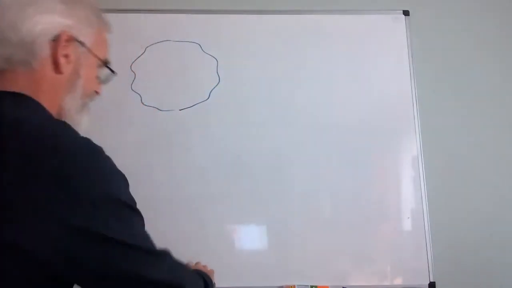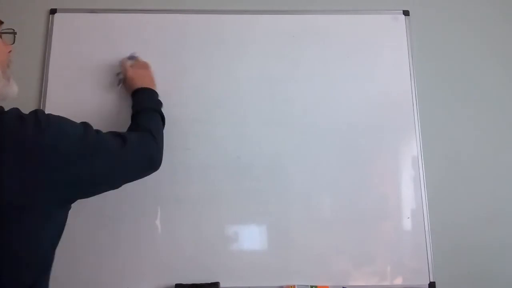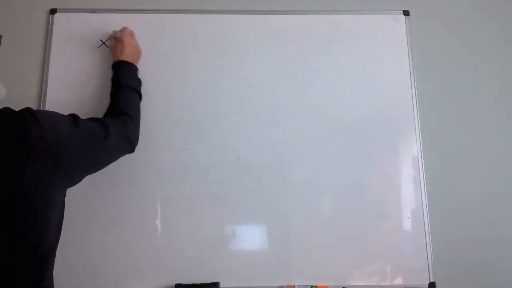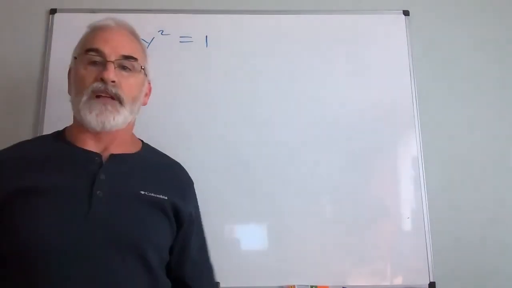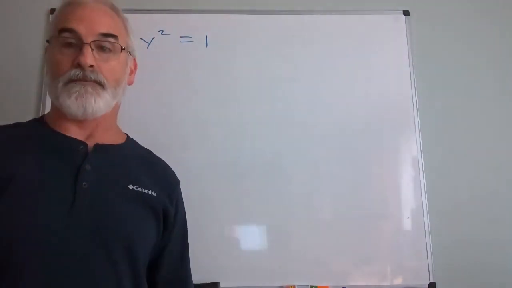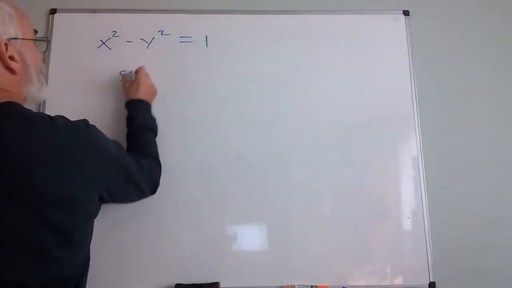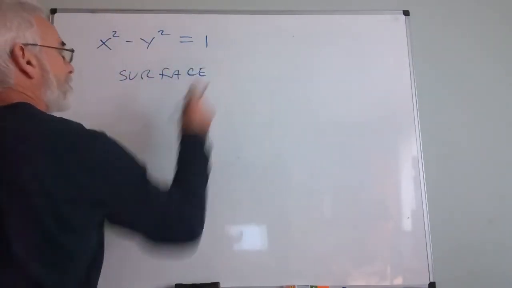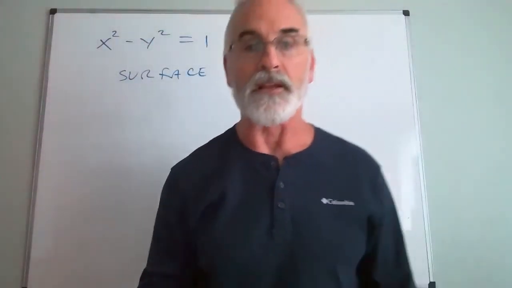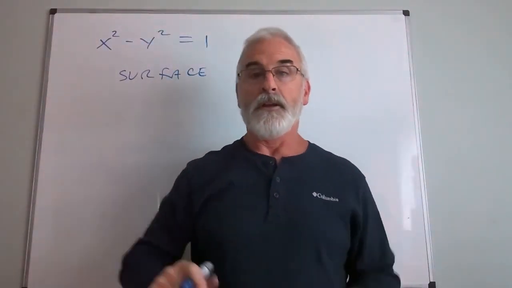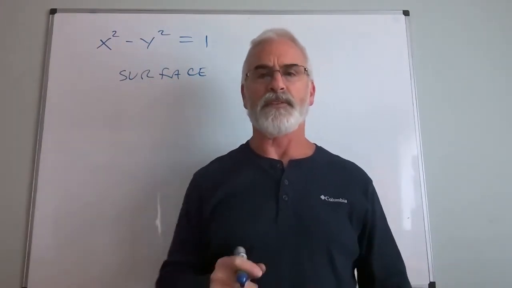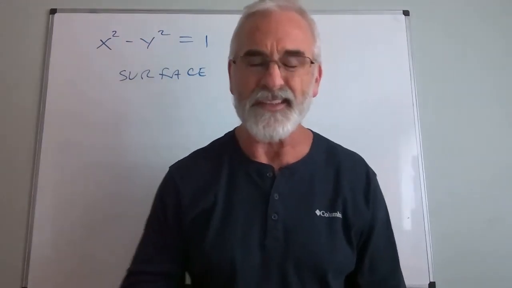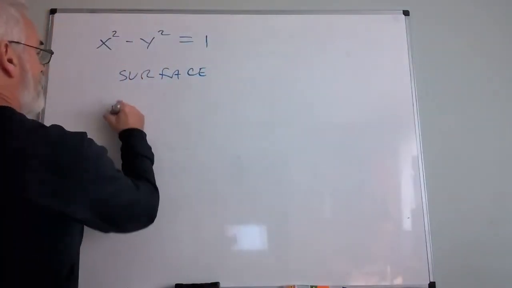Okay. So if I asked you what something was, if I said something like this, I've got x squared minus y squared equals 1. I know what that is. That's a hyperbola in two dimensions. But what if I said this is a surface? Now it is no longer a hyperbola because it's no longer two-dimensional. So the key word here is the word surface. If I said, what is this surface? You say, well, it still looks like a hyperbola, doesn't it? Exactly. So it's a